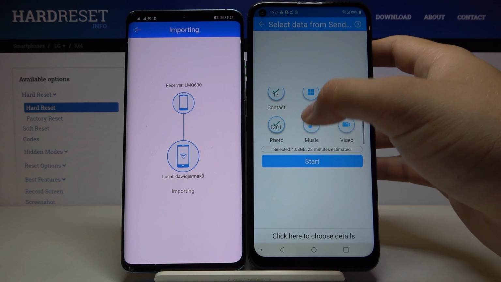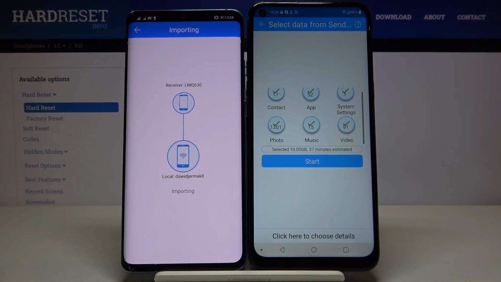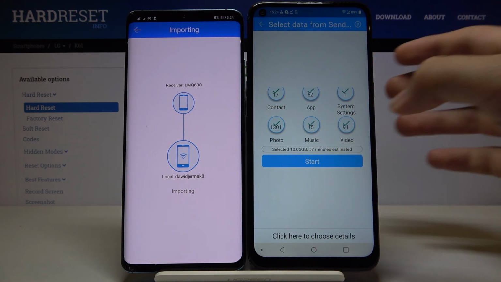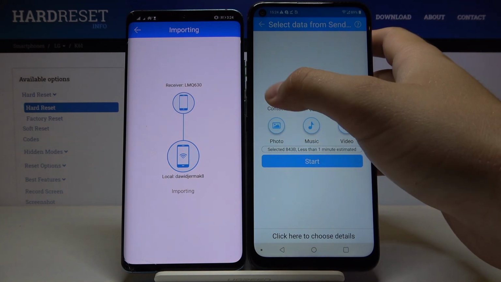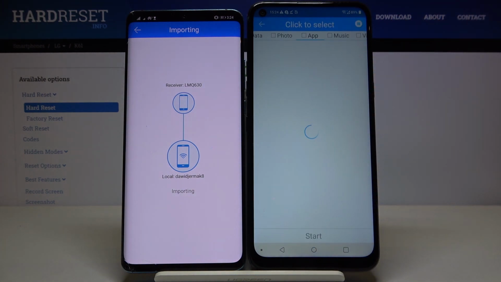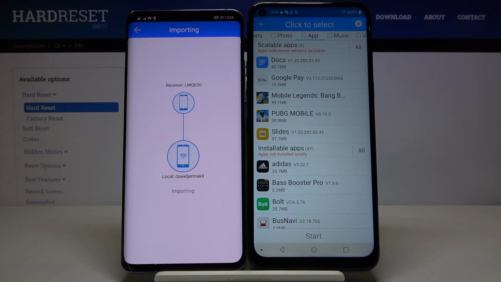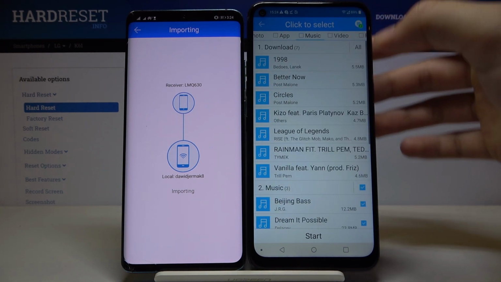And right now if you want to send everything from this Android smartphone to your LG, you have to select all of these icons. Then just tap on start. But if you want to get some details, maybe you want to send some pictures, videos, or one song for example, I'm going to show you on this